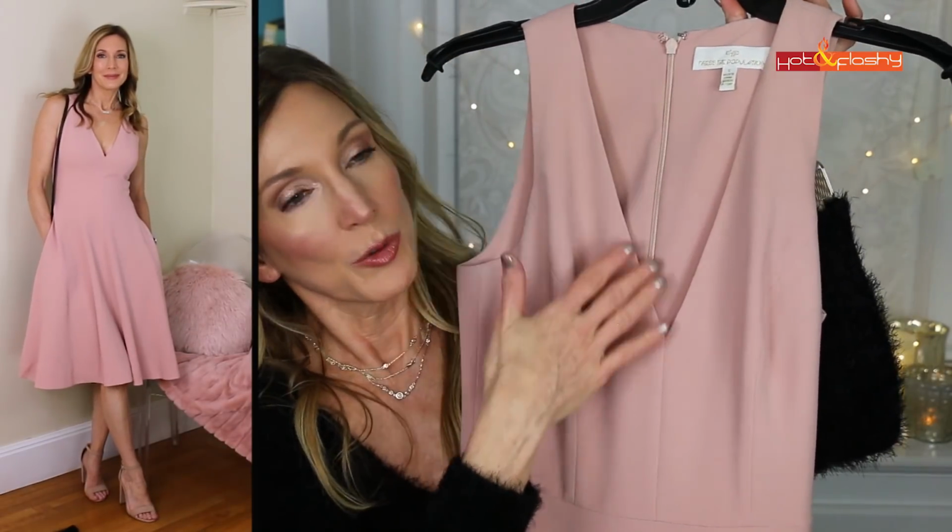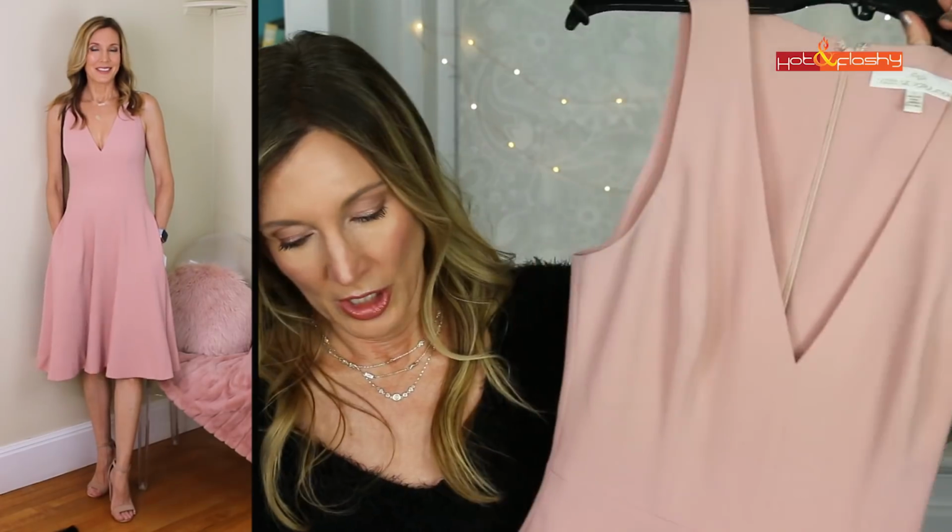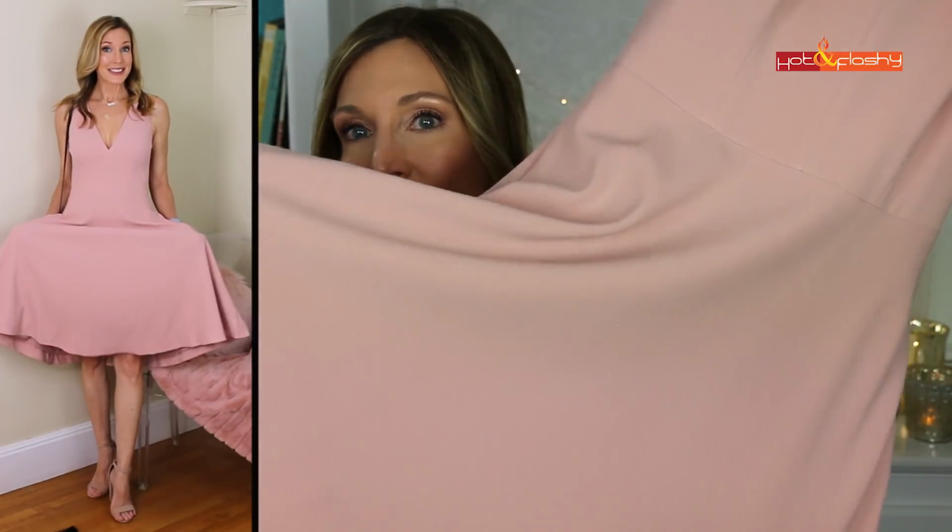And then the other dress is more of a dressy dress, and I originally bought it in 2 colors. This dress comes in so many beautiful colors, but it's this dress. It has a really deep plunge in the front. It's a beautiful crepe material, and it's a fit and flare, so it has a nice flared skirt that is below the knee. But my favorite part about this dress is it has pockets,